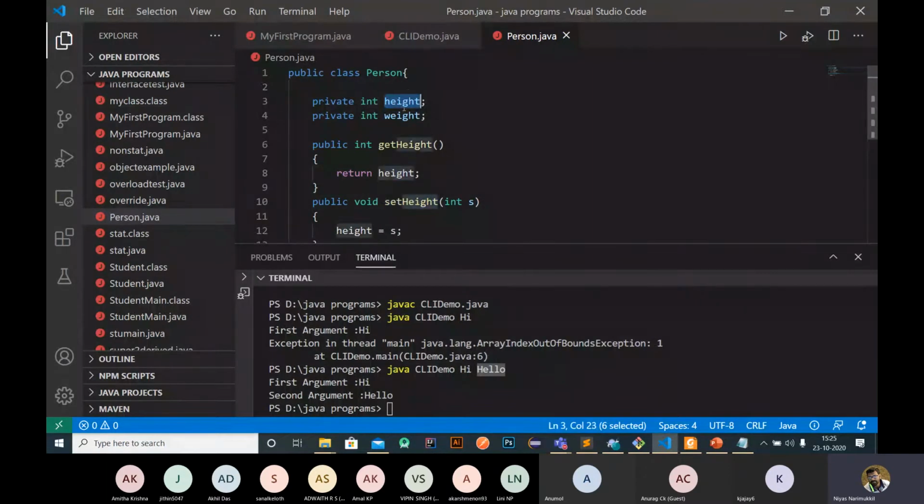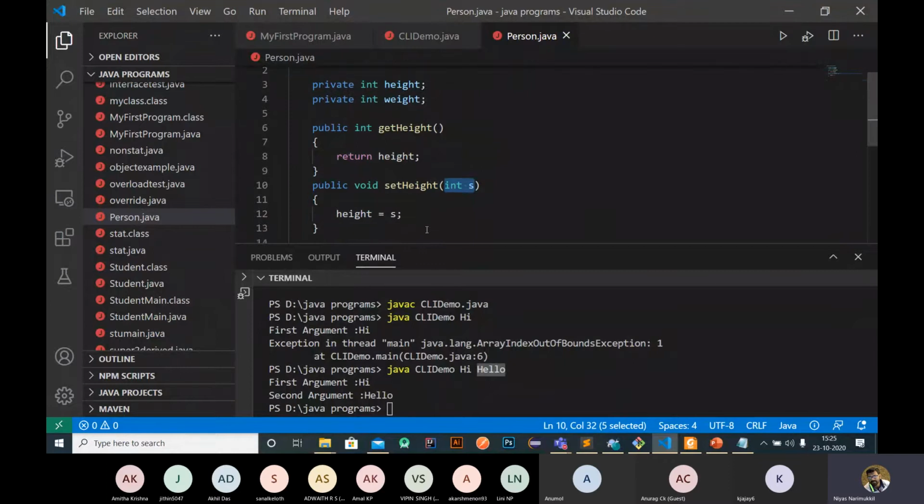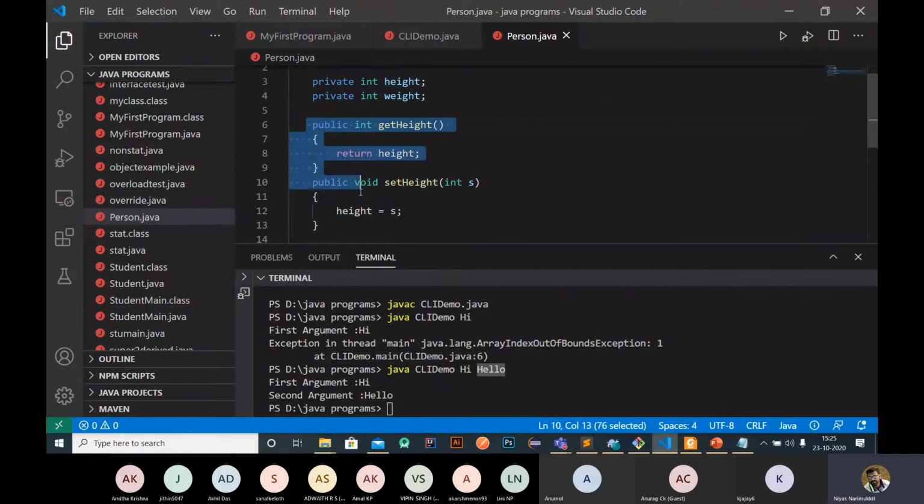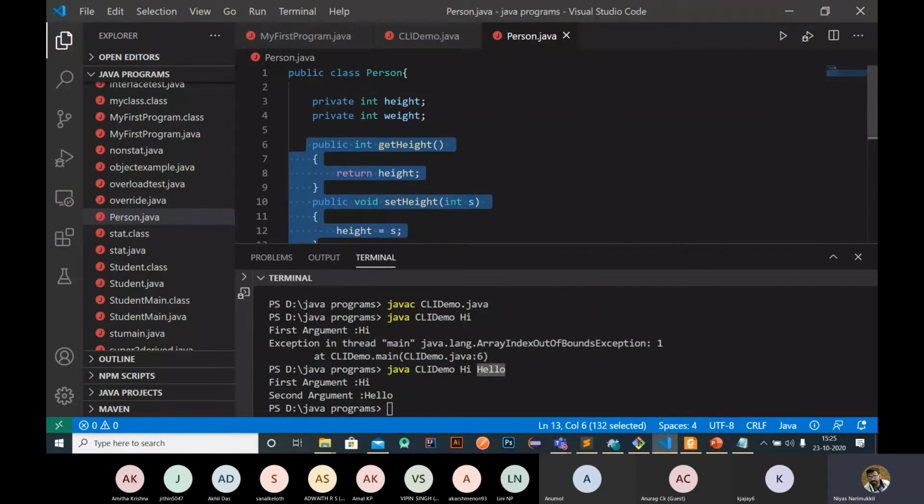If you want to set some value to the height variable, you need to pass that value here, and that value is stored inside the variable height. So this is called setters and getters. Generally, if you define any variable, then we need to create setters and getters for that specific variable. That is the common scenario if you are writing a program. That is a proper way, a secure way.